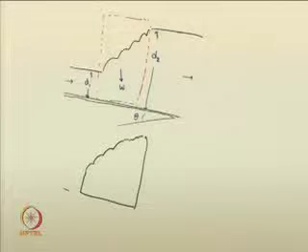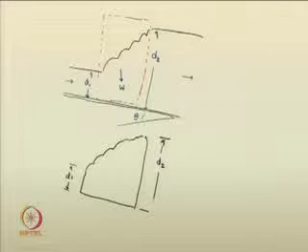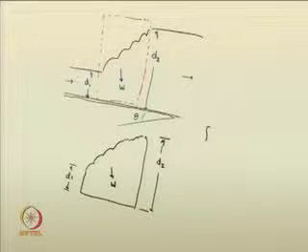So, here you have depth d1, here you have depth d2, right, and there is weight of water acting downwards. So, when you applied the momentum transport equation in this control volume, you have seen that the portion across the control surfaces